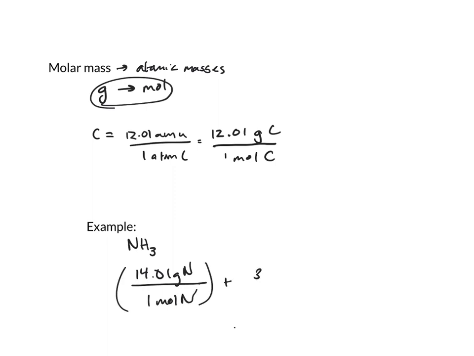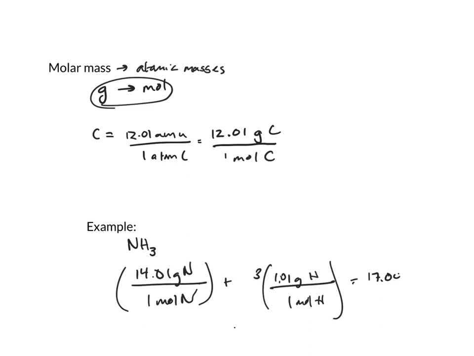And then I have 3 moles of hydrogen, which has an average mass of 1.01 grams of hydrogen per 1 mole of hydrogen. When I put that in my calculator, I get that NH3 has an average mass of